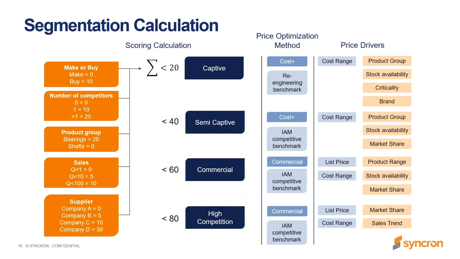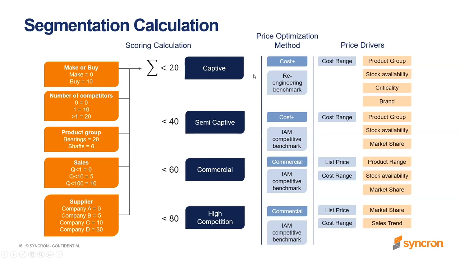The third one is the segmentation calculation points, and here I see it as most effective when you can use the data that you have to build up some sort of scoring model. So for example, if I have make or buy information, if I make it or buy it, or a count of the competitors that I found for this. If I know that the product group, bearings, is a little bit more commercial than shafts from the start. If I know sales, I know that high volume items are more commercial generally than the low volume items. If I know some suppliers that are more commercially driven, using that data that you have available,